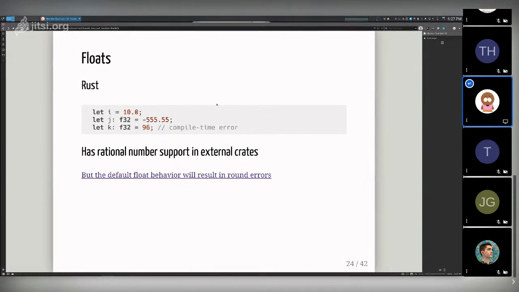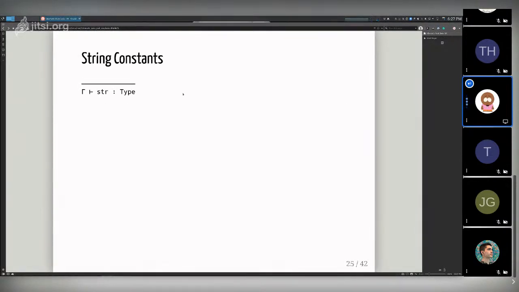Cool. So let's go into something a little bit more fun, which are string constants. If you've used Rust a little bit, you'll know that there's a difference between str and capital S String. It's one of the more confusing aspects of string handling in Rust that doesn't necessarily have parity with other languages. There are a couple of rules here.